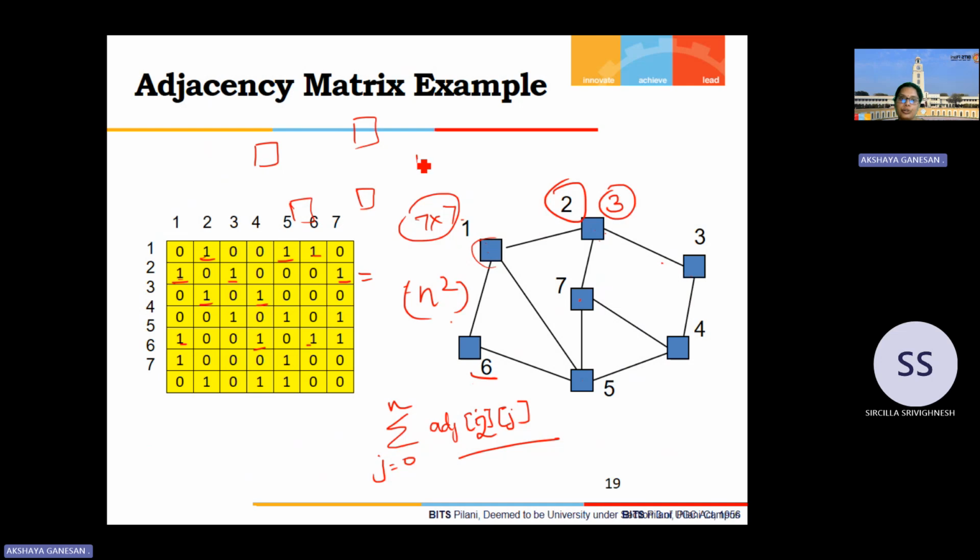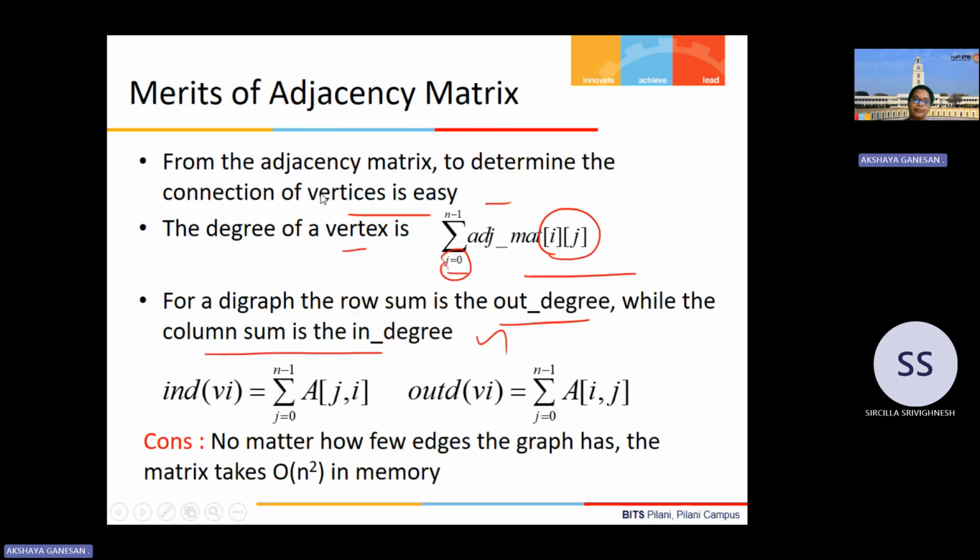Say I have 8 nodes, but very few edges like this. To just store 3 edges, I have to use an 8 cross 8, 64 cells of memory. No matter how few edges there are, you always have an order of n squared matrix, which is the disadvantage of storing the data in an